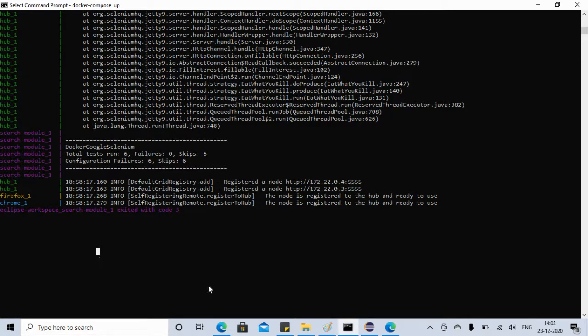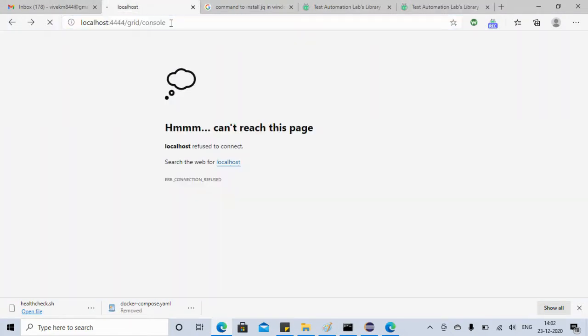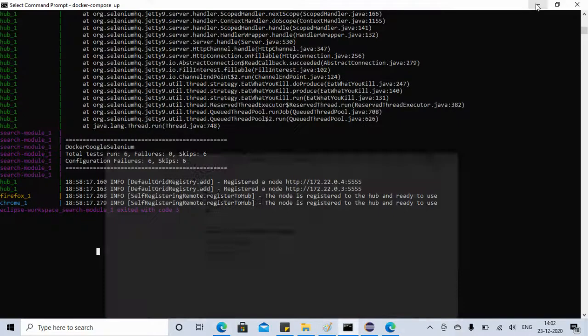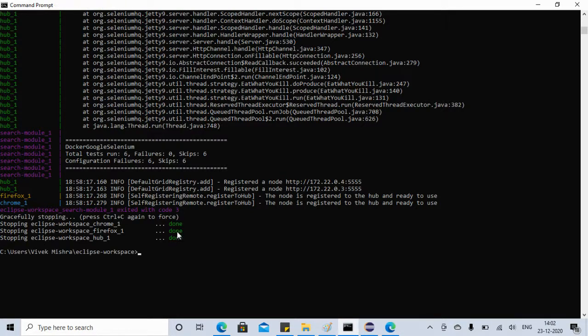So how can we resolve this problem? If I go to this localhost and I refresh it, actually the Selenium grid is not up and running right now, right? So let me check one thing. I want to check one thing. So I will just say Control C. Okay. So what we have to do,